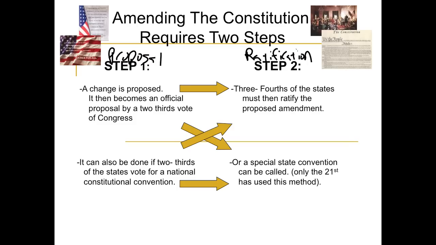So that's an easy one. When the people want to drink, we let them vote on the amendment. Everything else goes to the legislature. And you'll notice the arrows here. It can go in either direction. So when 2/3 of Congress passes it, it can either be a special state convention or the state legislatures can ratify it. So that's your formal amendment process to the Constitution. It's 2/3 over here, 2/3, and then 3/4 on the state side. But it's 3/4 on both instances. Doesn't say that here, but it is 3/4.